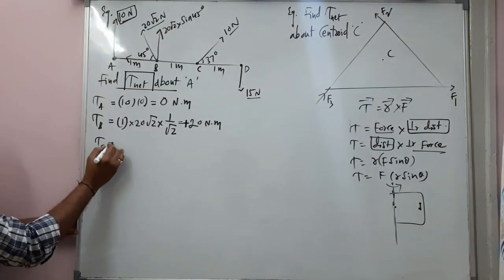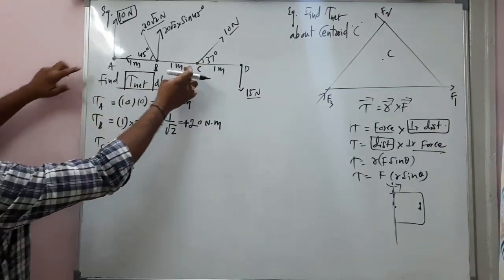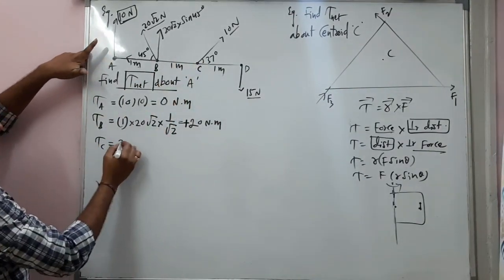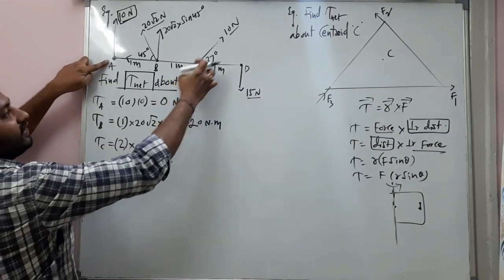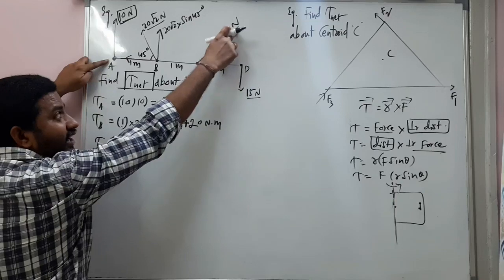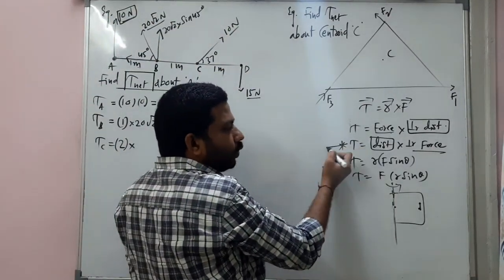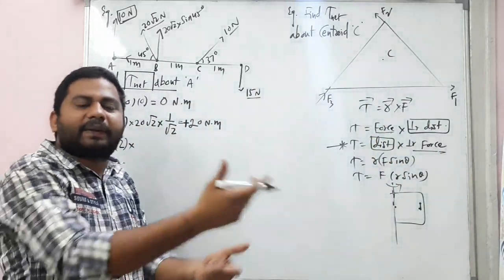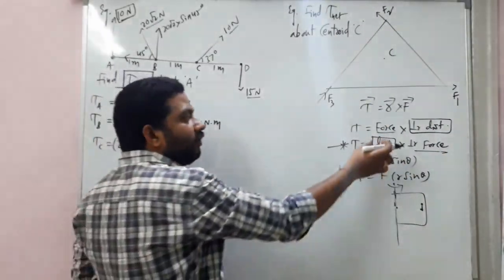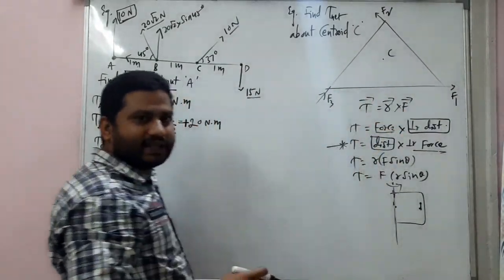Torque at point C, let's find, my dear students. Torque at point C. Distance is there, 2 meter from the axis of rotation. All right, 2 into... For this distance, this is not the force we need. We need a perpendicular force. According to the formula, torque is equal to distance into perpendicular force. For that distance, perpendicular force. Or force into perpendicular distance for that force.